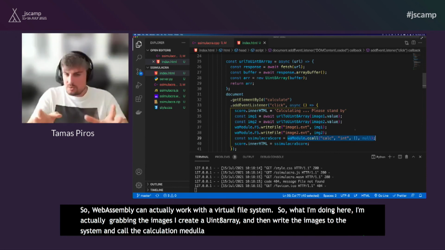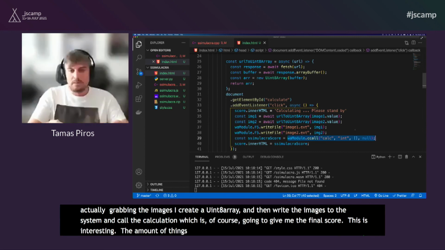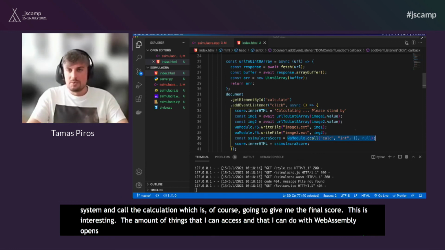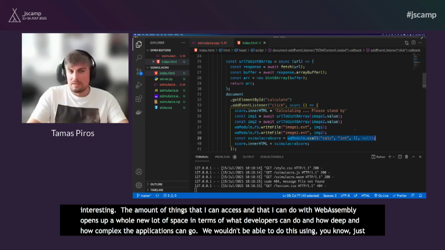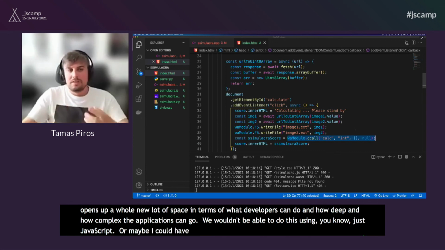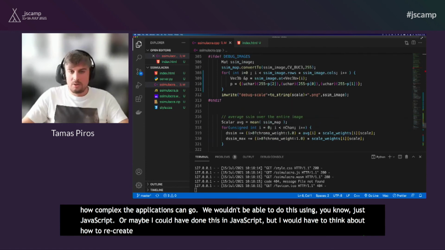So this is also very interesting, right? The amount of things that I can access and I can do with WebAssembly opens up a whole new lot of space in terms of what web developers can do and how deep and how complex the applications can go. We wouldn't be able to do this using just JavaScript, or maybe I could have done this in JavaScript, but I would have to think about how to recreate all this complex logic,